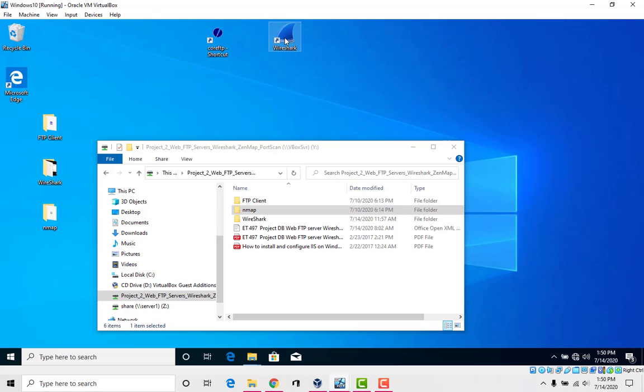So if I double click Wireshark, we're going to open the FTP program once we start capturing packets with Wireshark. And FTP, it's not a secure protocol, so whatever you type in here through FTP over the network is like plain text. Wireshark is able to capture that, and you're able to see everything that is going on the network.